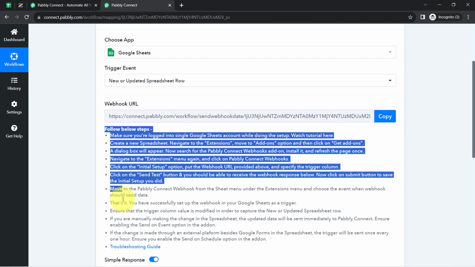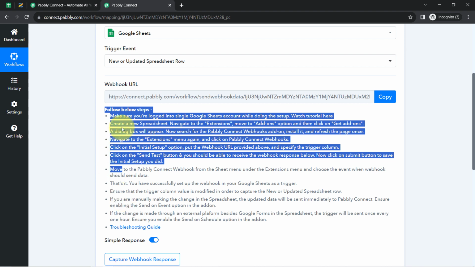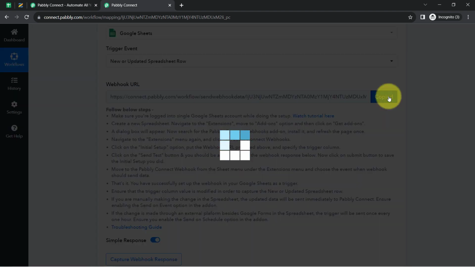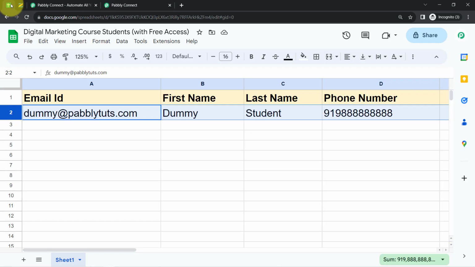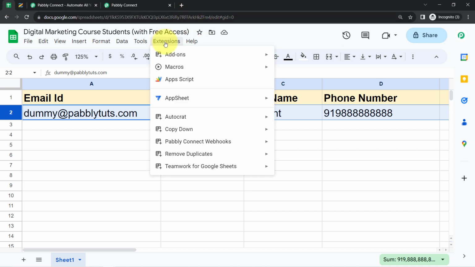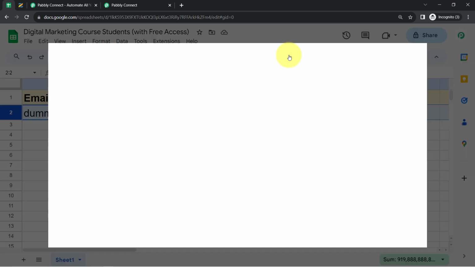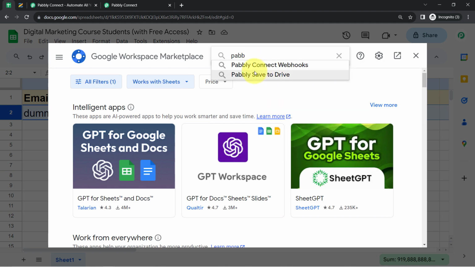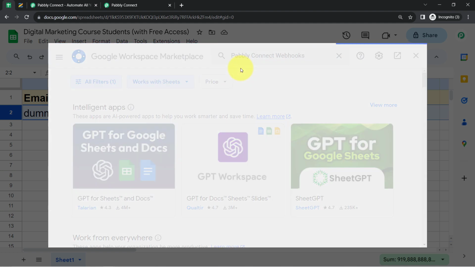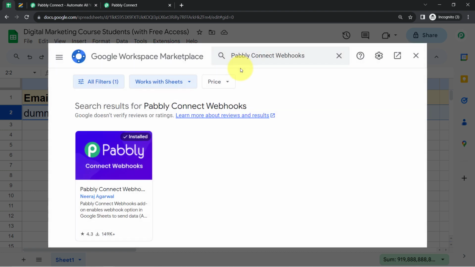Okay, so you will have to follow these instructions one by one. Firstly, copy this webhook URL, then go back to the spreadsheet in which you are going to add the student details, then click on extensions, then click on add-ons, click on get add-ons, and here you will have to search for the Pabbly Connect webhooks add-on. So I am searching for the same, that is Pabbly Connect webhooks, and this add-on is already installed in my